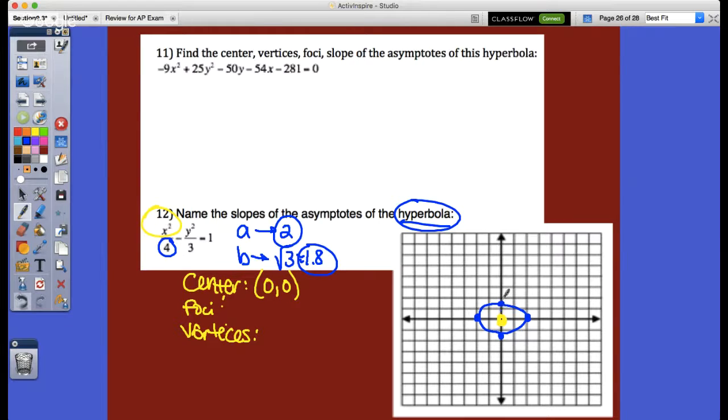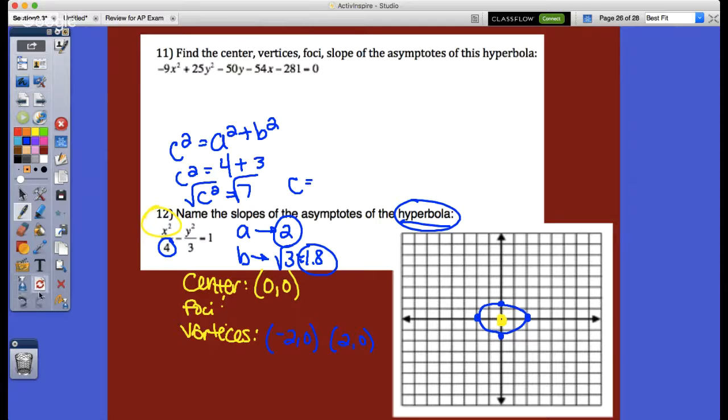We got our ellipse. Our vertices would be the major axis points. So we would say that this is -2, 0, as well as 2, 0. The foci will move from left to right, and we remember the formula. It's c squared equals a squared plus b squared for a hyperbola. So if we take a and square it, we get 4. We take square root of 3 and square it, we get 3. So c squared equals 7, and we can actually square root that. So c is equal to, oh,